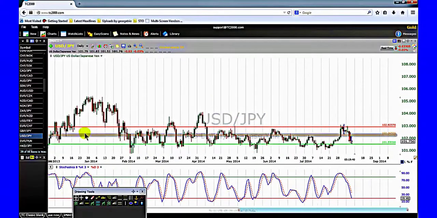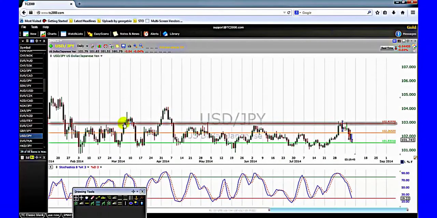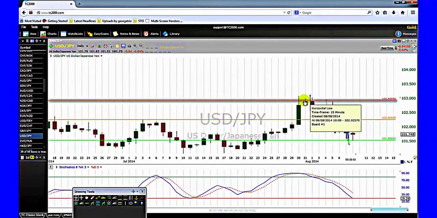Can you see it? It's a resistance. Look here. Can you see it? It's a resistance. You see? Right, it changed direction here. Price went up to this zone, and then changed direction and went down. Here it is, coming down again. So the resistance pushed price down. Yes or no? Resistance. So the red line that I drew on the 15-minute chart is a resistance, okay, on